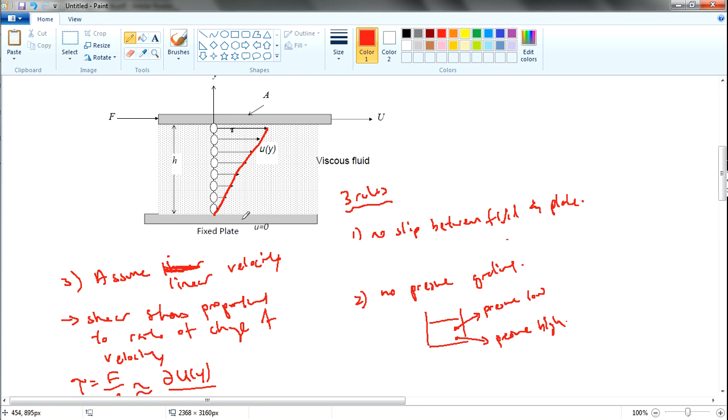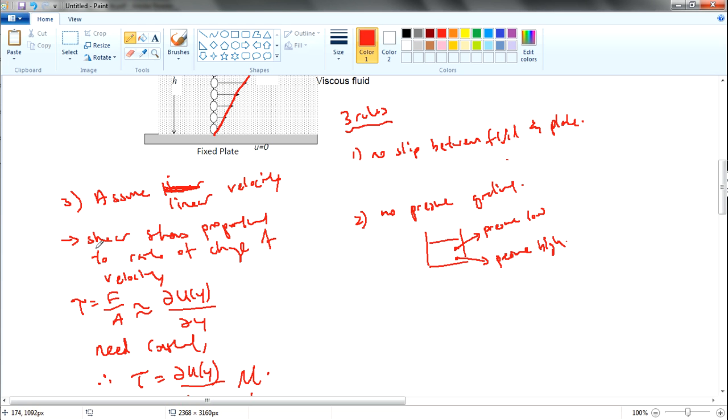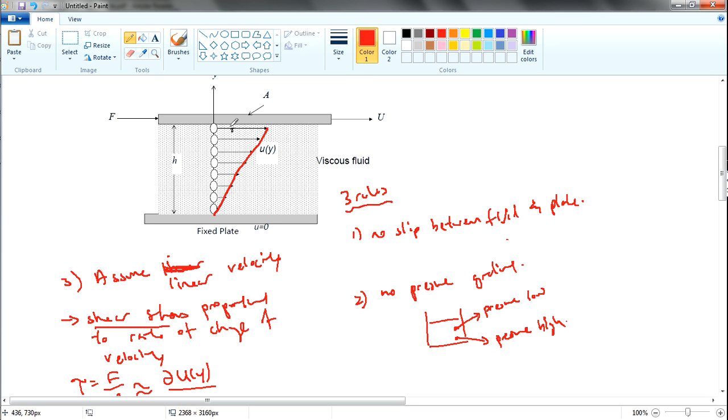Okay, what is linear is that the shear stress, as you see, is the stress between the plate surface and the fluid itself. Or maybe between this fluid and the fluid over here, there is a certain shear stress, right? There's a friction over here. Maybe I use another color.